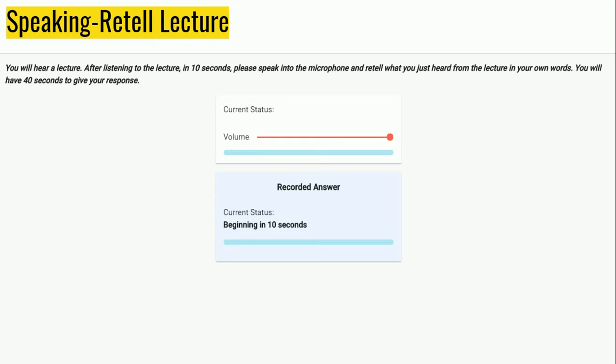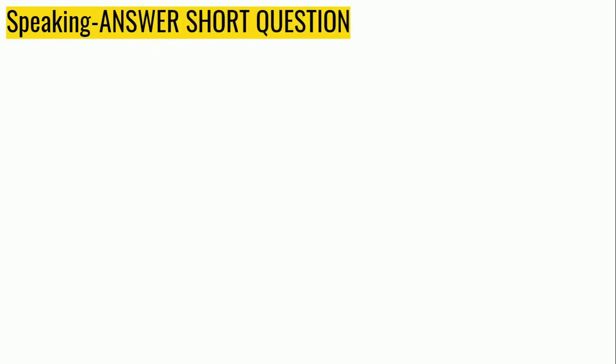You need to be fluent in all these sections because this is a test for your fluency. Even if you are a bit apprehensive about the content, you speak with confidence and fluency.